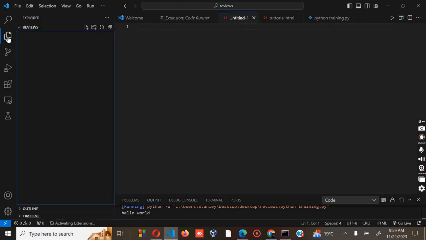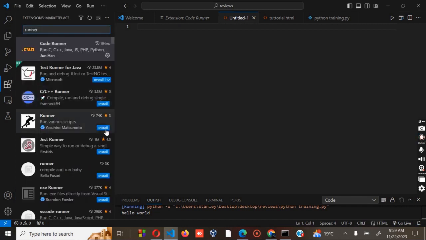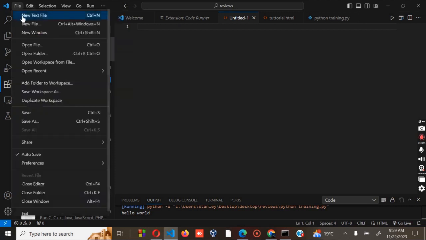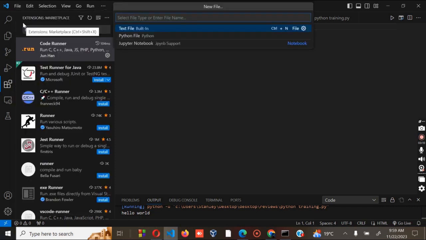Okay, so I've already installed the runner. The next step is to create a Python project. You open Visual Studio Code and create a Python project by selecting File, then New File, and when saving the file,